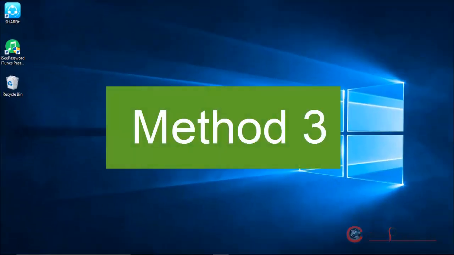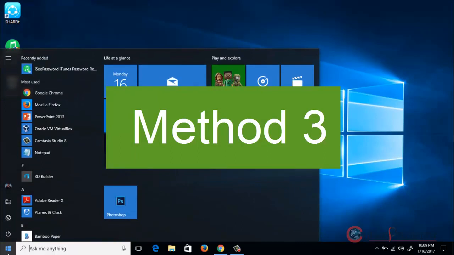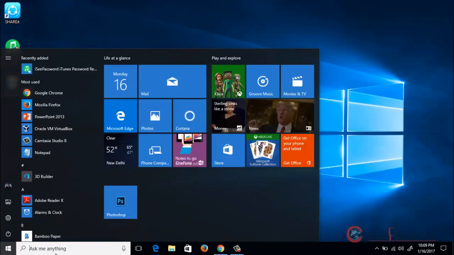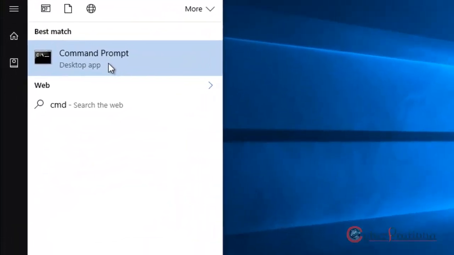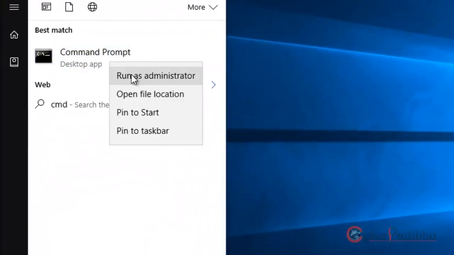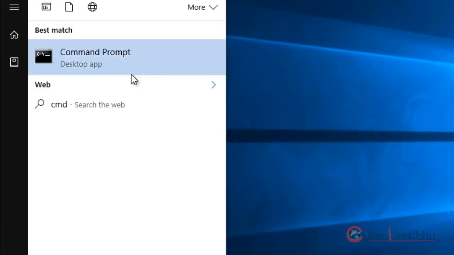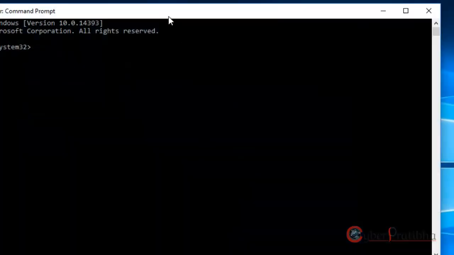Another method is to open CMD, right click on it and click on Run as administrator, and then click Yes.